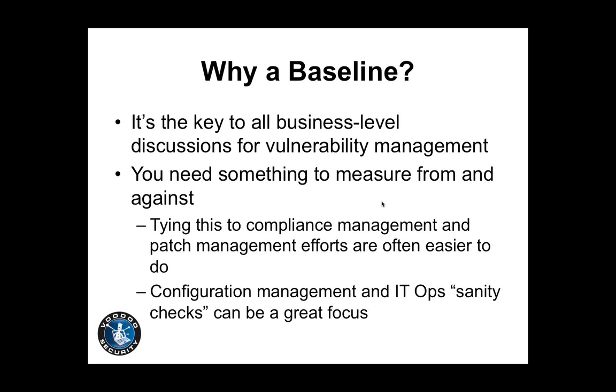some point and say this is normal, or this is what I expect to see at some given point in time, over maybe a period of time, you can't really measure against that and determine whether you're improving or getting worse or things are changing in ways that you don't understand. And so that's the whole reason for actually defining a baseline and saying this is our normal state versus an abnormal state, and this is exactly what we're trying to attain, and this is what we're trying to maintain over